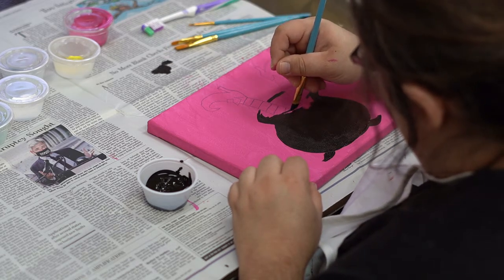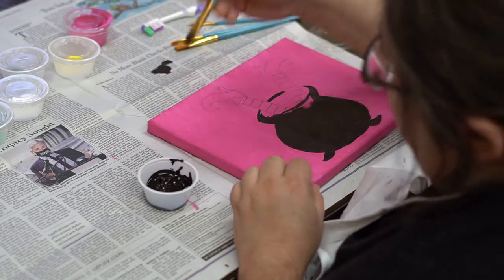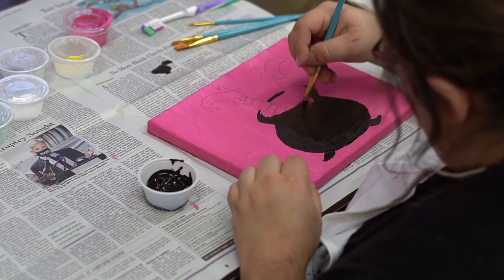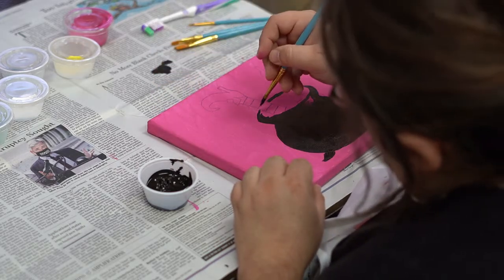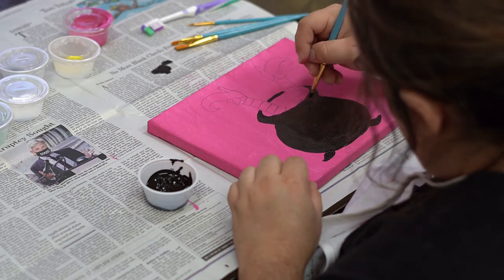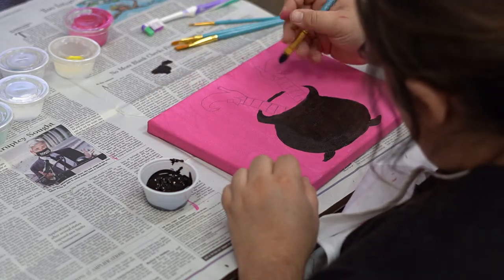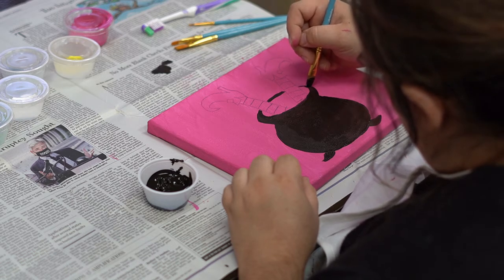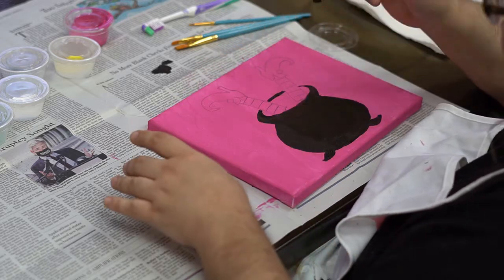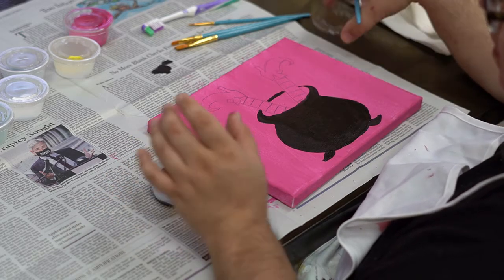I had a little more black than what I wanted on my paintbrush. Okay, so we have our cauldron. If you see any kind of spots, go back over them, but we're going to go back over with the black at the end. So right now,